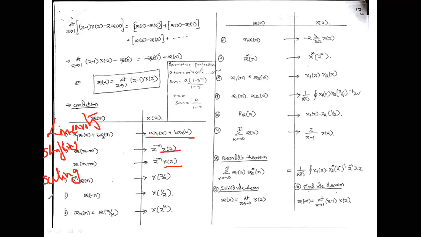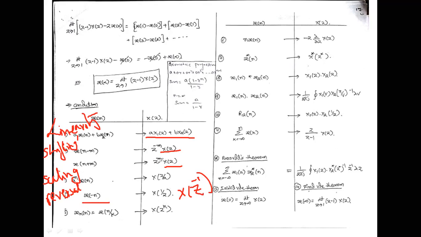And this one is the time reversal property. Time reversal property. X of minus n is X of z inverse, X of z inverse or X of 1 by z. Got it, my dear students? And similarly, x of n by k is X of z power k. This will get in the